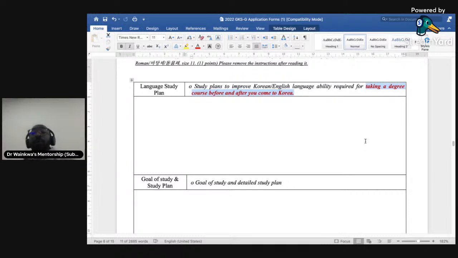In answering this question, you can mention how you plan to improve your Korean ability before coming to Korea. For example, if you've been visiting Korean language centers in your country, you can mention that. If you've been watching Korean dramas, you can mention that, but don't name a drama that you've not watched, because you might name the favorite drama of the